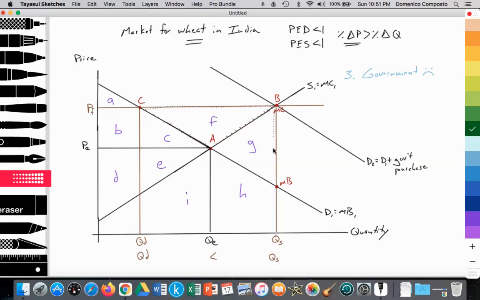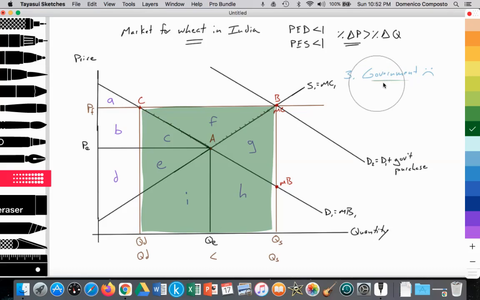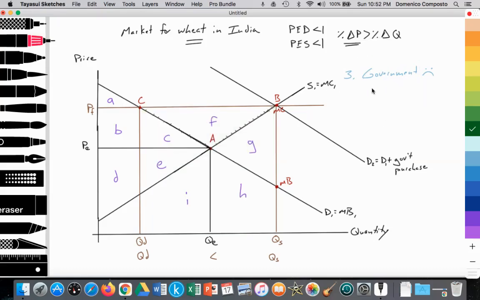Right? The government's going to buy all of this. Consumers are only consuming this, and then they stop at the quantity demanded. So the excess between QS and QD is what is being consumed by the government. All right, so the government will have to purchase an amount as such. So the government purchase is equal to areas C plus E plus F plus G plus H plus I,